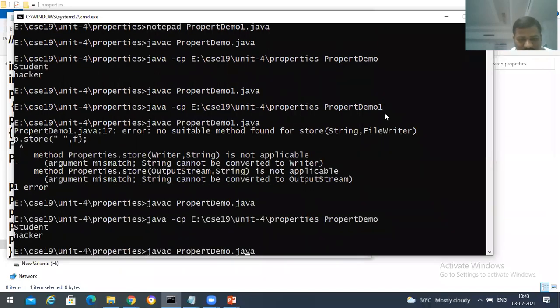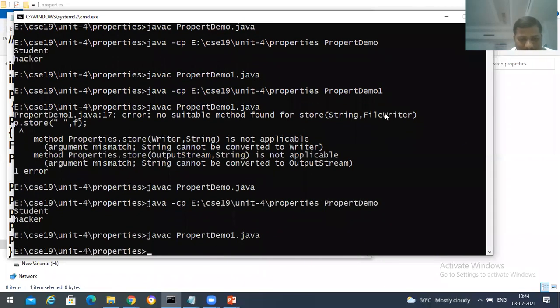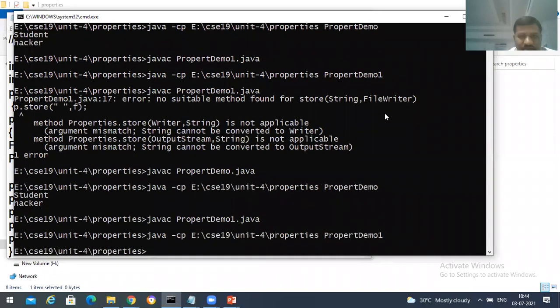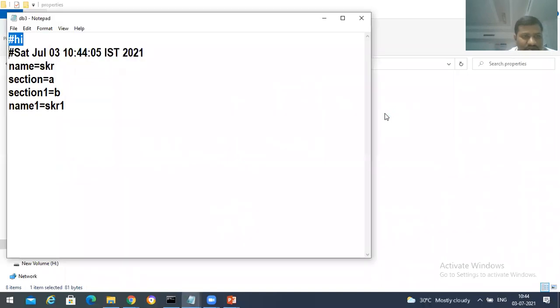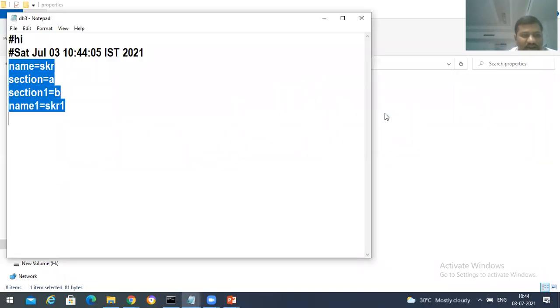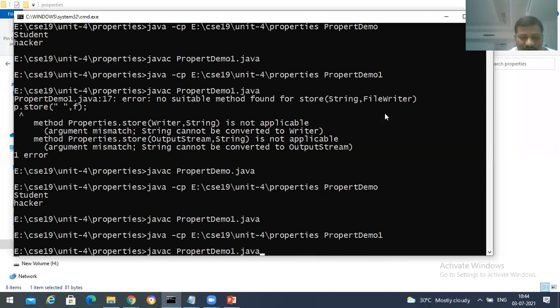Sorry. So let's go with the db3. So this time we have the message followed by the data. Okay, right? Now you can retrieve these things using property demo.